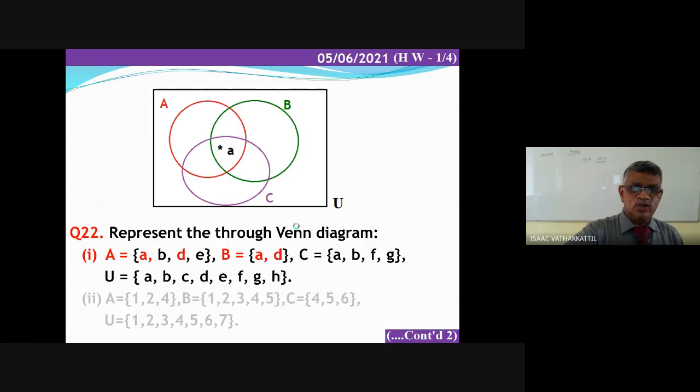Now, what is common to A and B? That is a and d. But a is already written here, so you have to write d. Where will I write d? Common to A and B. I will write d here. So common to A and B, I have elements a and d, but a is common to C also. There is nothing more in B, so forget about B now. Now common to A and C, I have the elements a, b, where a is already written here. So the element b will come here. Are you getting along?